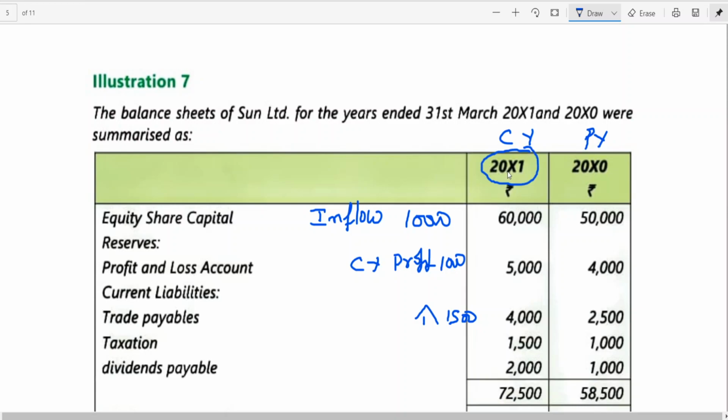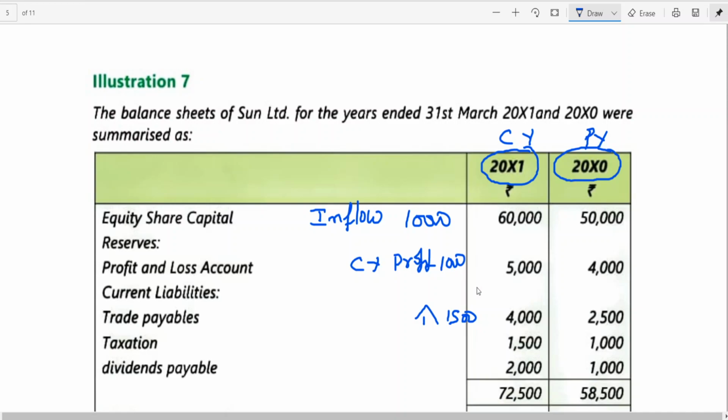When you are doing the problem, you should be careful about this. Sometimes the problem will give you the previous year first and then the current year. Please remember, in some study materials I have seen, if you go by the financial statements of a company format, the first column which appears is the current year, and the next column is the previous year. If they follow this, it's good. Sometimes in the problem they may give 2010 here and 2011 there. There you should be careful, otherwise the entire scenario will change. That is why I am writing current year and previous year. So when you are looking at the problem, you should pay attention to these small things.